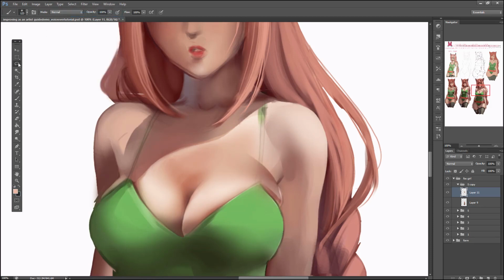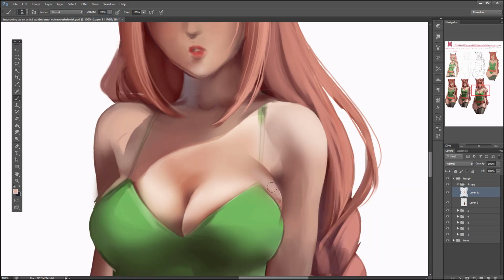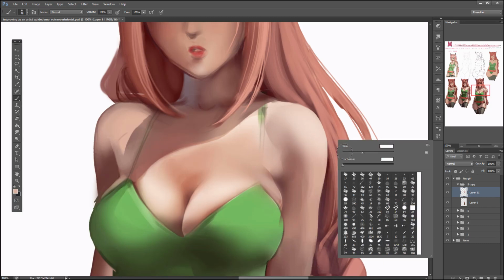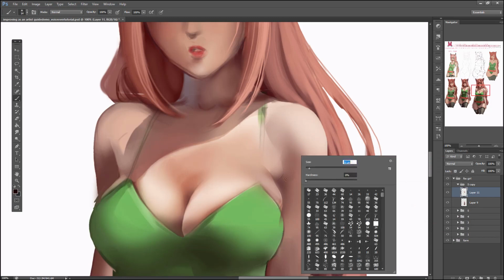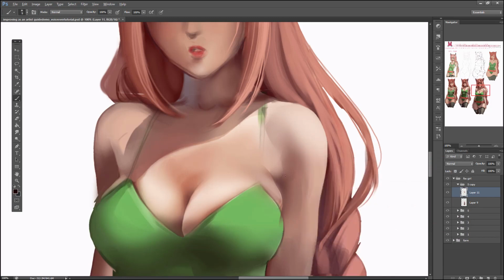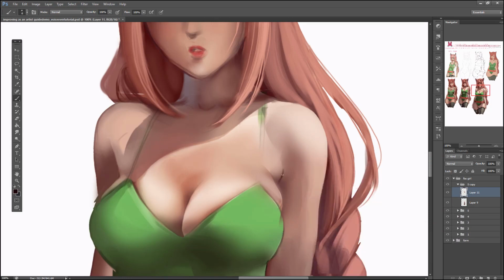I'm trying to create the squish effect in clothing, so a lot of experimenting, a lot of adding shadow using the lasso tool. Usually it's quite fast, but we have to figure out if it works or not. Sometimes it works, sometimes it doesn't. So now I really want to use a darker color to